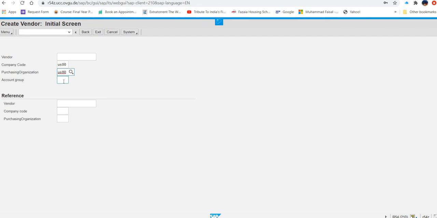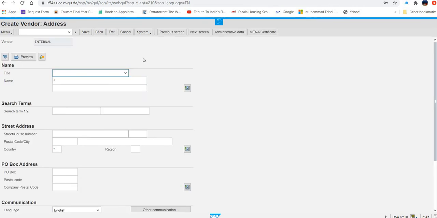And then the next thing is to set the accounting group. For accounting group, you have to write KRED, and then press enter. Now once you press enter, you will be on this screen.